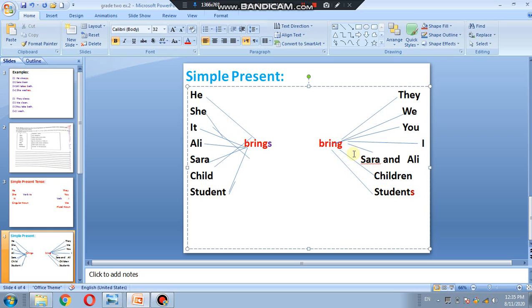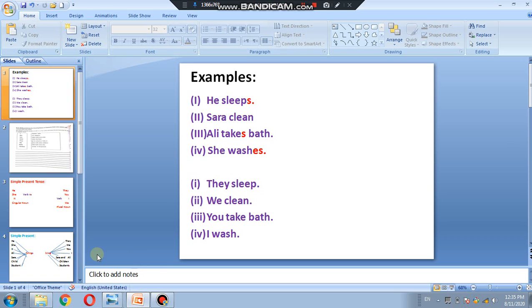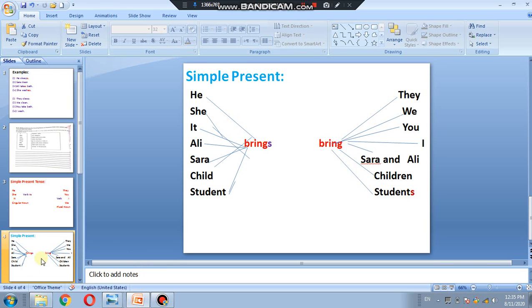Children bring, because child is singular, child brings and children bring. Students bring, because student was singular and this is students, we add s. This s is for plural. And you bring, we bring, they bring.